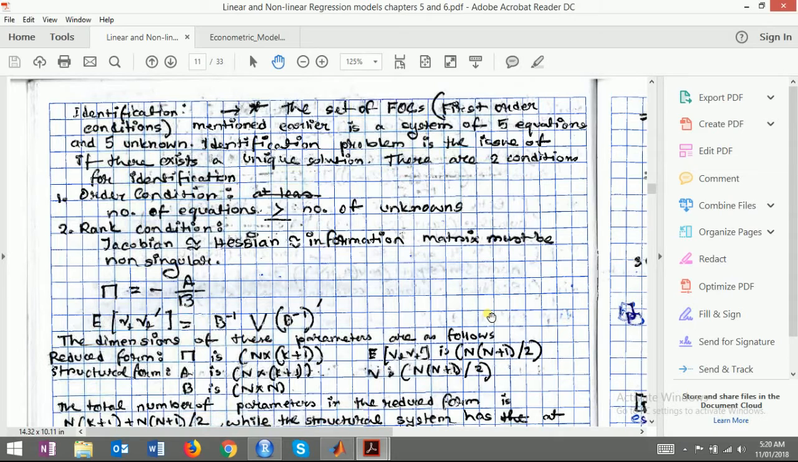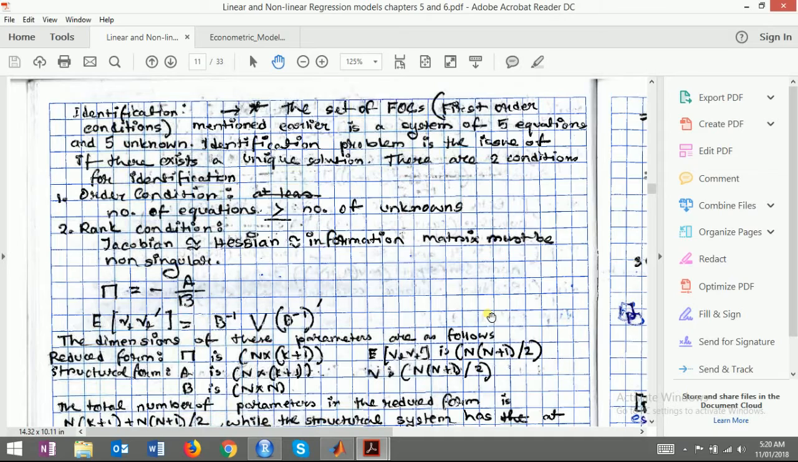So as we already know, phi equals minus A by B, and the expected value of omega and omega transpose is equal to just the decomposition, which is V inverse V inverse transpose. The dimensions of these parameters are as follows. The reduced form phi is n by k plus 1. As we can recall, the A coefficient was n by k plus 1, phi is n by k plus 1, and hence